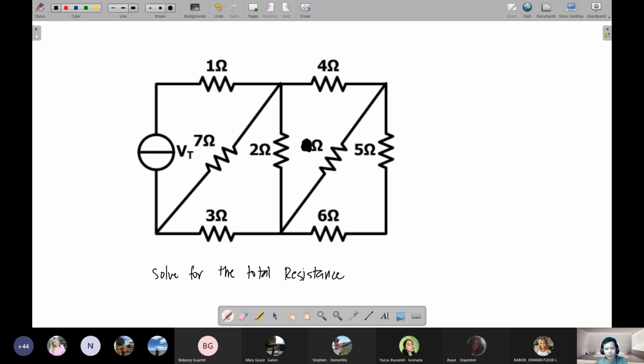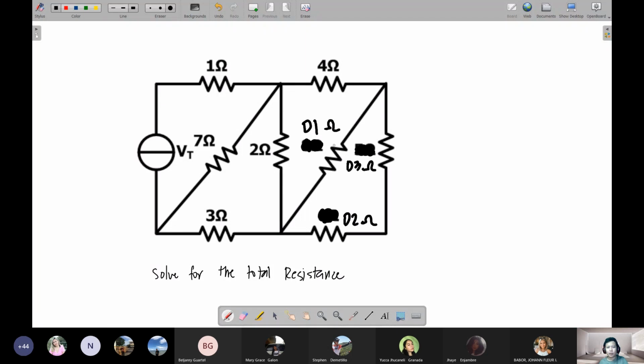This is not 8 ohms. I'm going to change this. It's not 8 ohms, and it's not 6 ohms. Okay? It's not 5 ohms either. I will change this. I will call this D1 ohm. This one, I will call D2 ohm. And I will call this D3